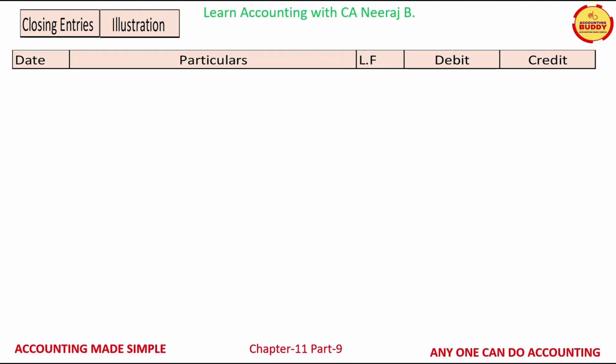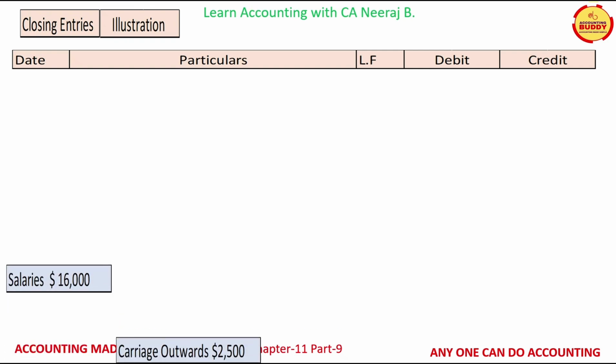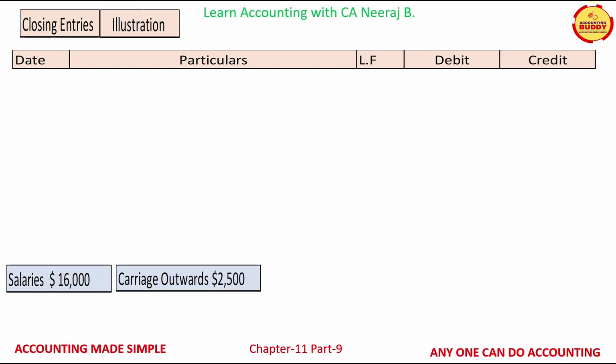Let us now pass a closing journal entry for the nominal accounts at the end of the accounting period in the profit and loss account of the business. The nominal expense accounts which need to be posted are salary account $16,000, carriage outward account $2,500, rent account $3,000,